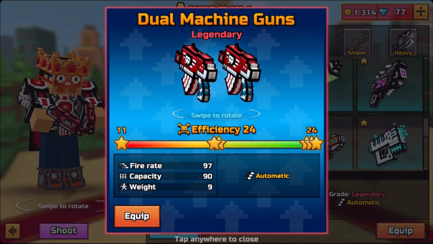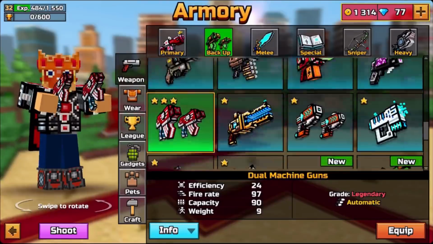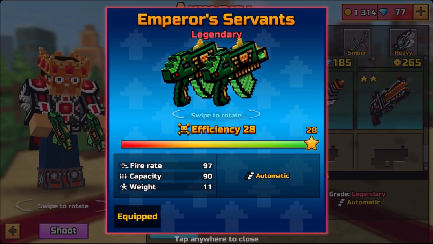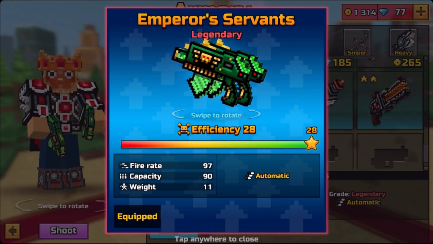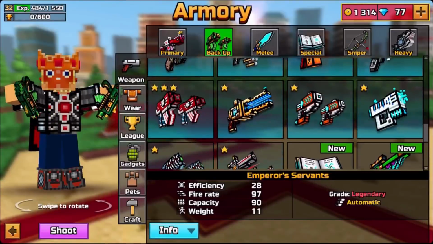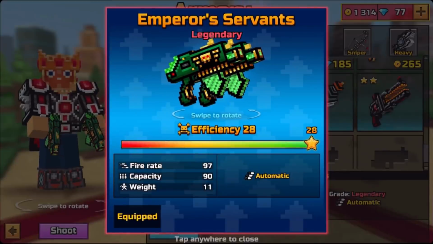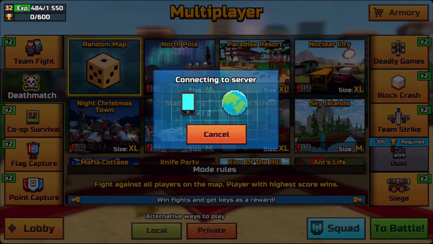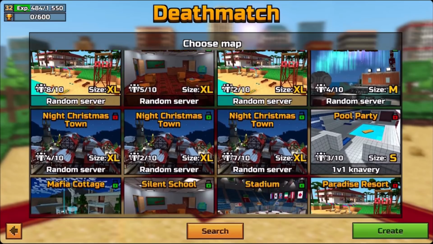late 2014. Now these weapons have a 97 firing rate, 90 capacity, and a 9 weight. In comparison, these ones are the same except they have a slightly higher weight. But then again, these weapons, you have to say, look absolutely awesome. So it's kind of a trade-off. Do you want the regular dual machine guns that everybody has, or do you want the absolutely awesome looking Emperor's Servants? They cost 160 gems. I don't really know if they're worth it, but we're gonna see throughout this video how these weapons actually